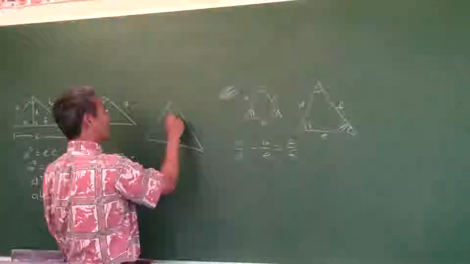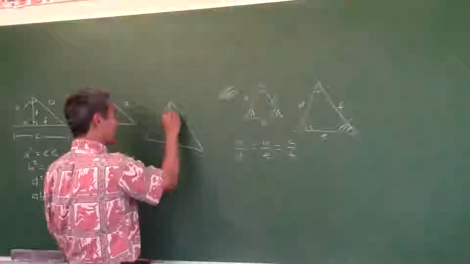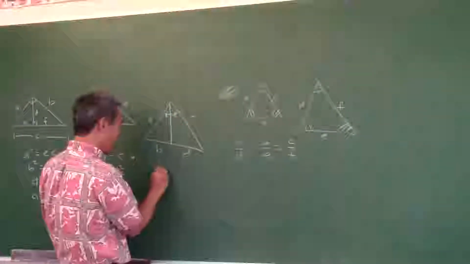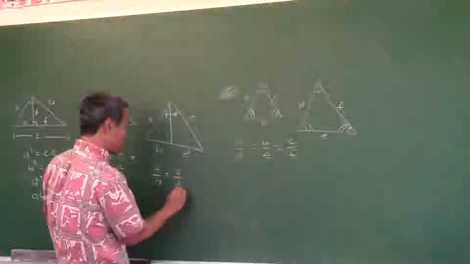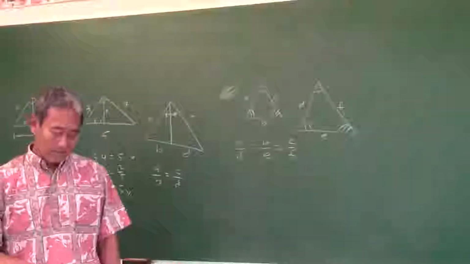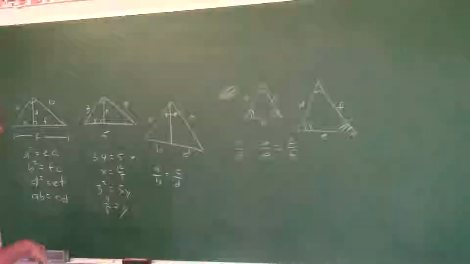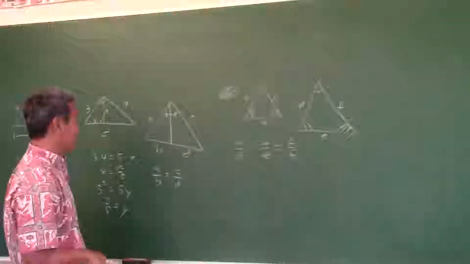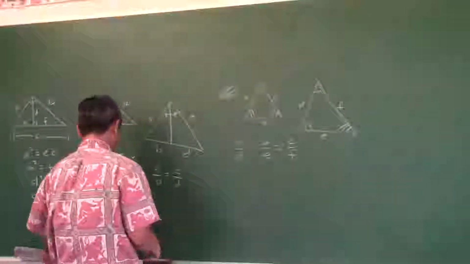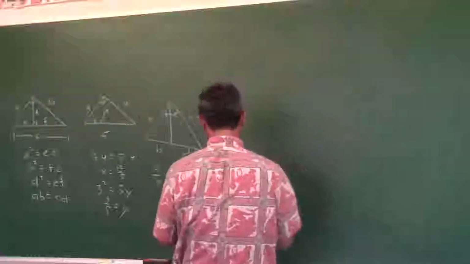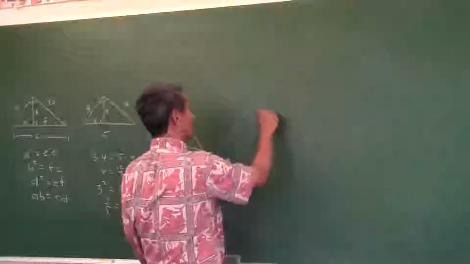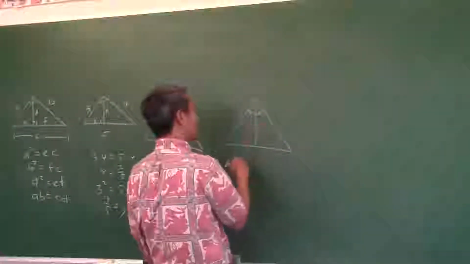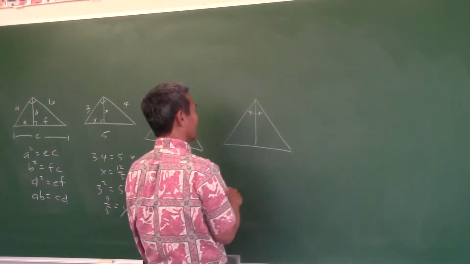If you have an angle of a triangle that's bisected like this, that means you cut it in half, then A over B is equal to C over D. Like in the tryout, something went wrong on that one because the numbers came out ugly, but basically you have to use this. So, let's do an example. If you have a triangle, let's say that this angle gets bisected like this, and then you have to find,